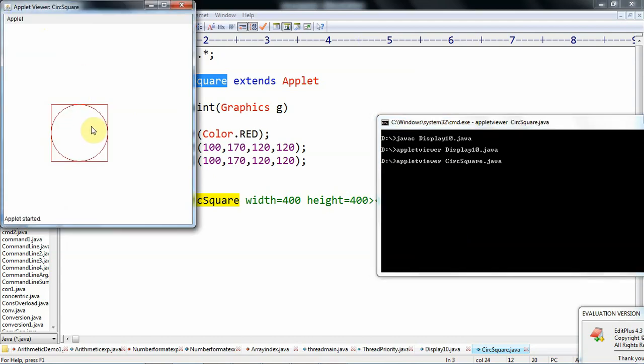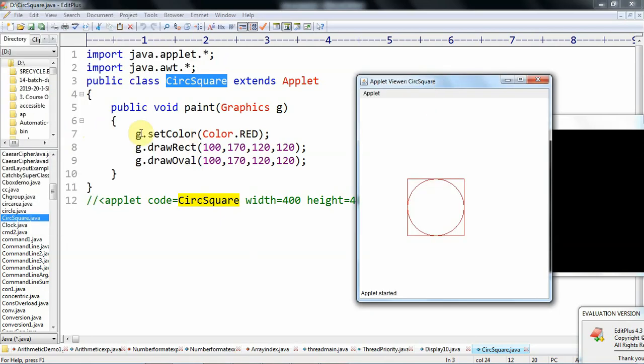Appletviewer CircleSquare.java, so the circle is drawn within the square. So this is the code.